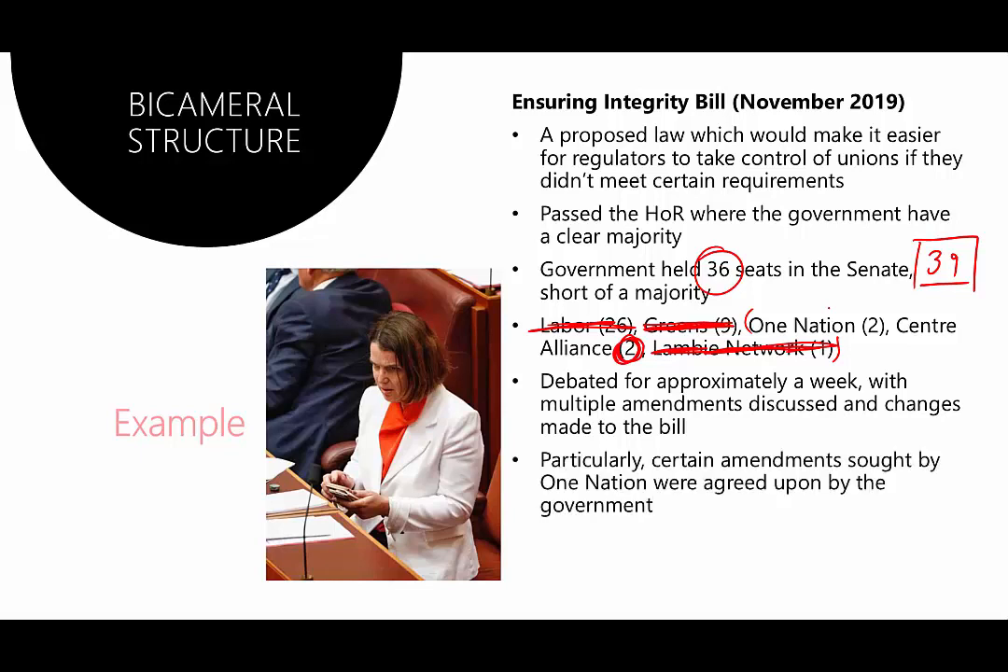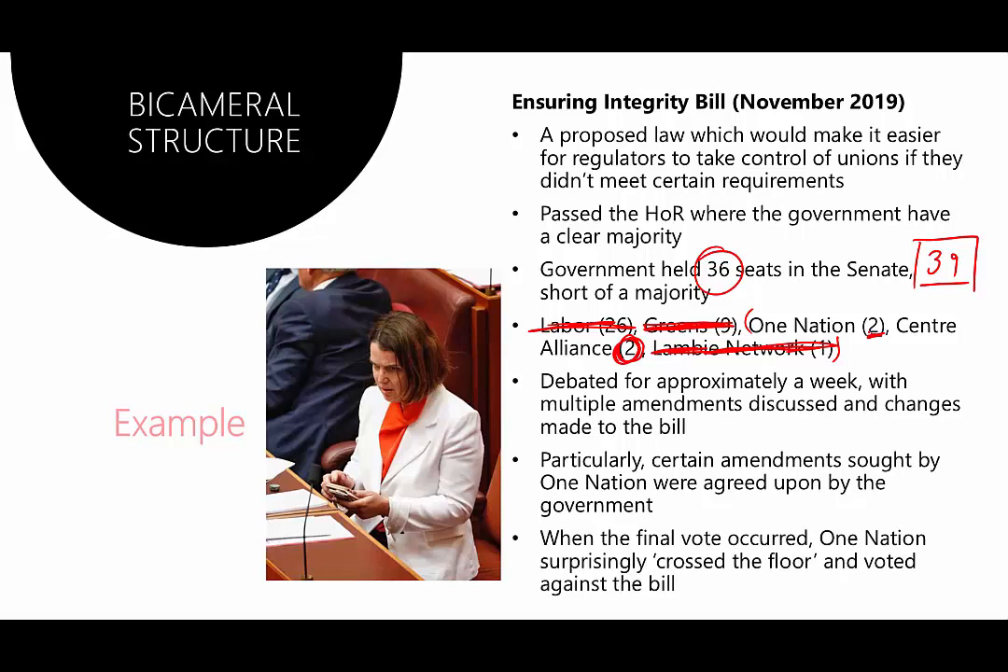Particularly, they made a bunch of changes that One Nation wanted. And the whole idea was that we'll make these changes for you, and then One Nation will approve the bill, and we're going to get this bill through Parliament. And as I said, this went on for a week. And then when they had the final vote on the bill, One Nation did what we know as crossing the floor, which means if Parliament is constructed like this,